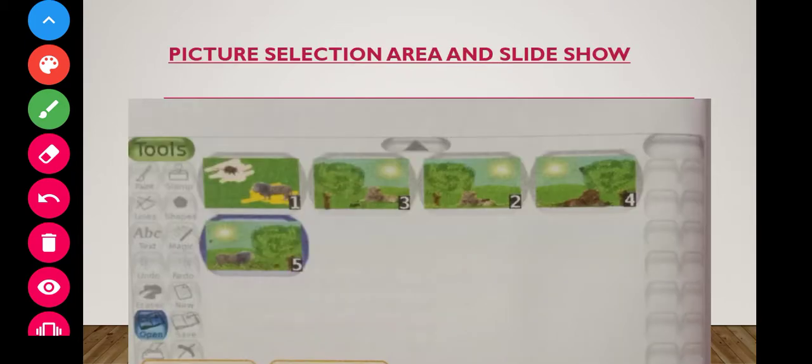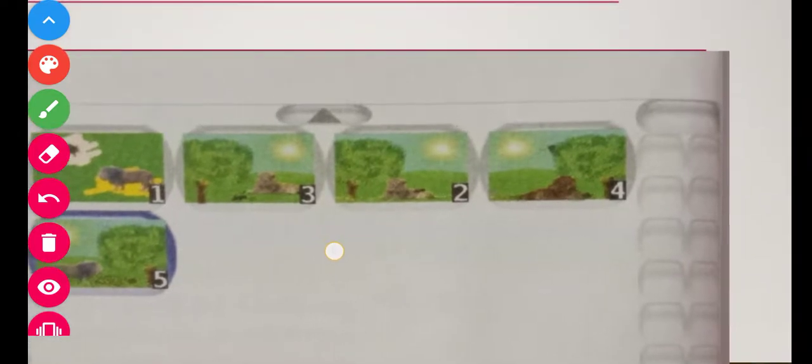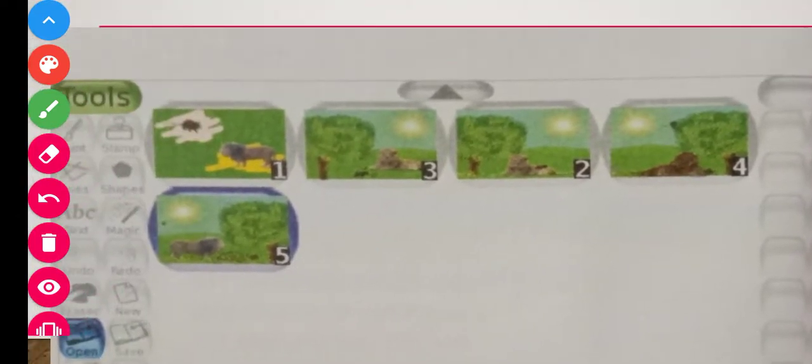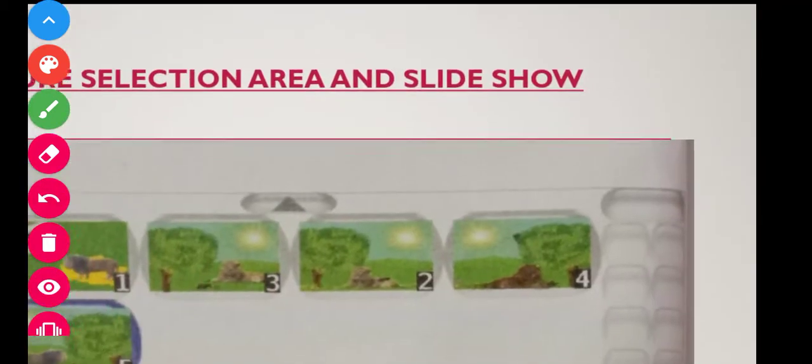Now we can see here we have selected the pictures just like 1 2 3 4 5. So slideshow we can see as per the selected numbers.